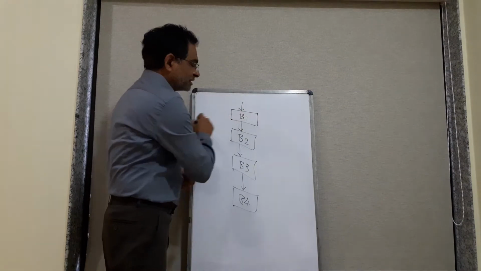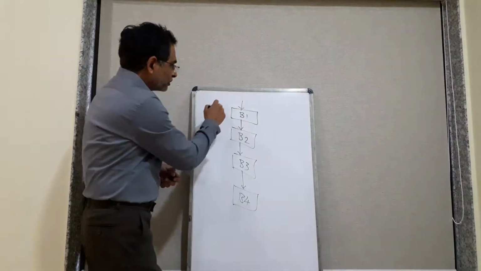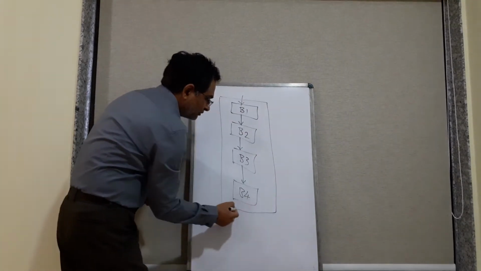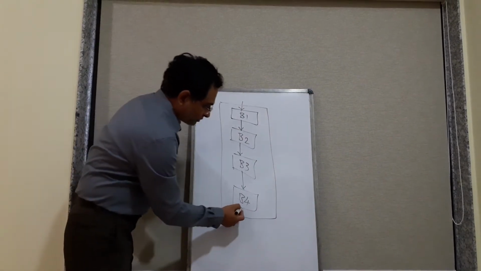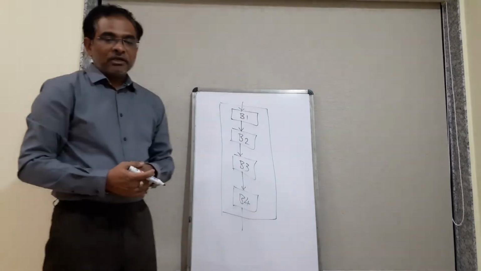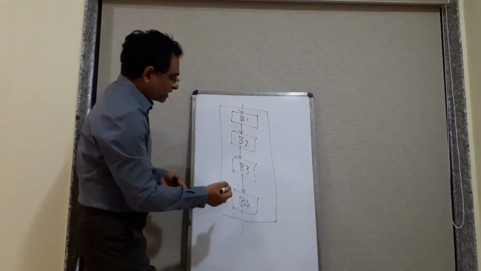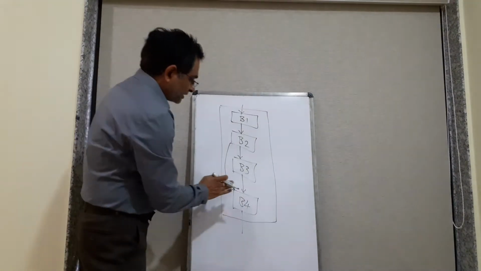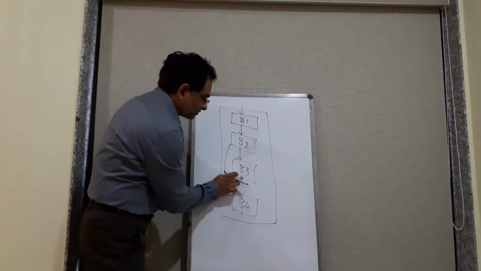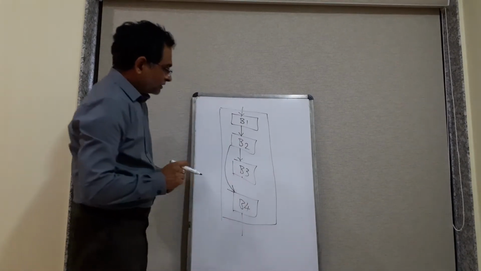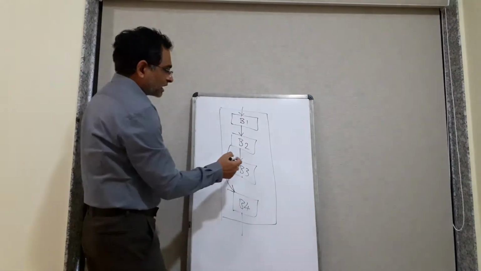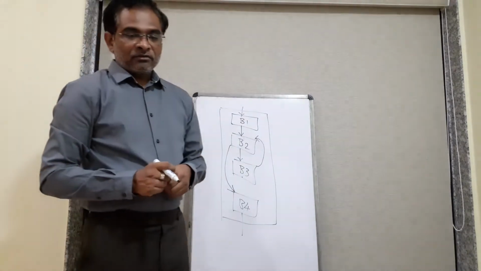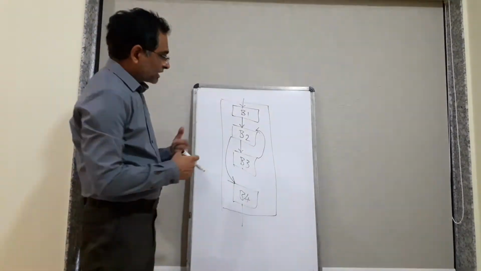Let's say this is one entire code which is available, which is nothing but 3 address code, and on this code we have identified various blocks. Let's say B2 is making a jump to B4, and let's say this is not there. So there is no issue at all here, and B3 is making a backward jump to B2. What is the meaning of this? If you see here, there is a possibility of a cycle. A cycle indicates that there is a loop.